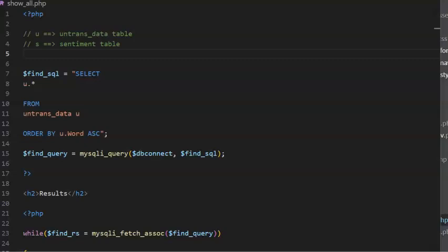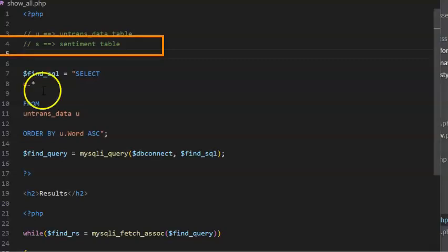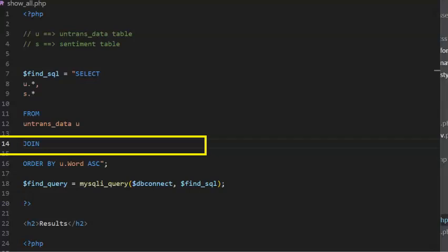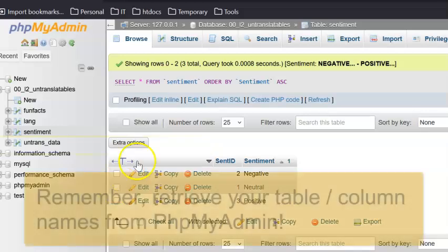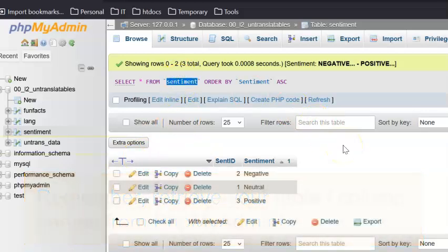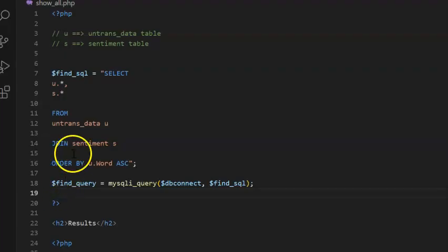Our next step is to join our sentiment table to our untrans data table. We want to put in a comment, and then in our select area, we're going to also select everything from our sentiment table. Underneath the from command, we need to set up a join command, and we want to join our sentiment table, which means going into phpMyAdmin and copying the table, pasting it in, and associating it with the